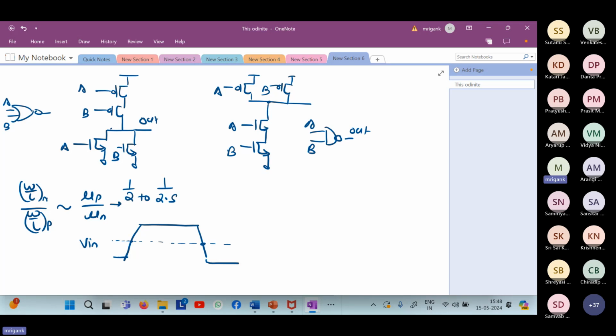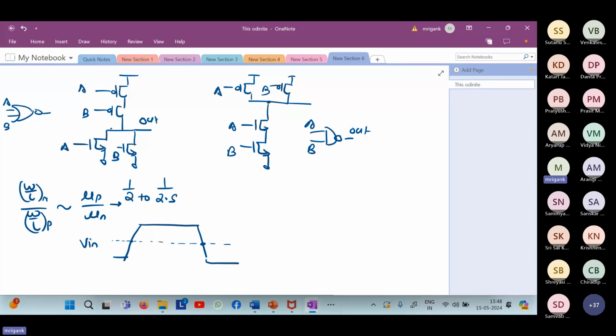Yes, so rise time and fall time, as you rightly mentioned, there also we have the charging and discharging time constant for the inverter. The charging time constant depends upon the R on of the PMOS and the load capacitor, and the discharging time constant depends upon R on of the NMOS and the load capacitor. So again, R on of N and R on of P need to be equated in order to have a symmetric rise time and fall time.